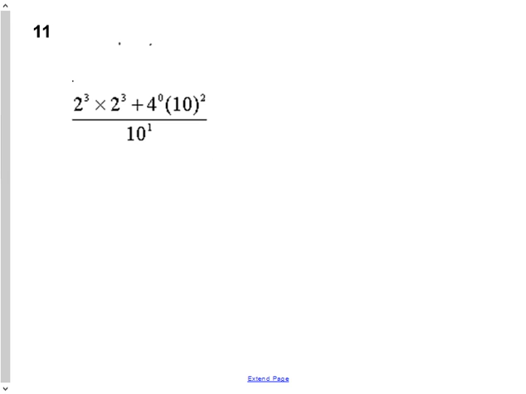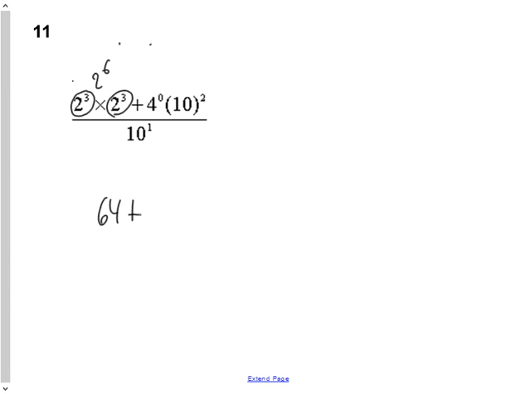Next question says 2 cubed times 2 cubed plus 4 to the 0 times 10 squared divided by 10 to the 1. Now, you could make this an 8 and make this an 8 and make that 64. And that's probably what you should do in this particular question. Or you could make it 2 to the exponent of 6 if you wanted to use your law. It didn't matter. But however you did it, when you simplify that, you're going to get 8 times 8, or